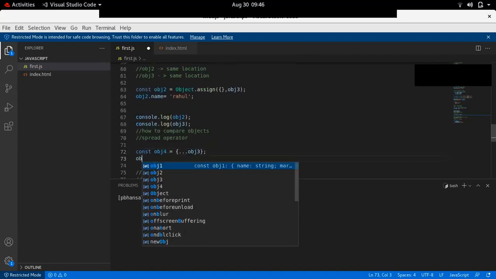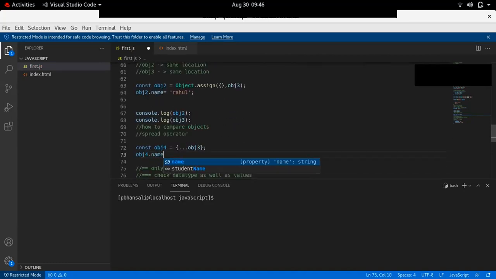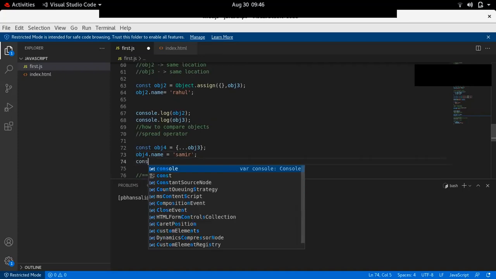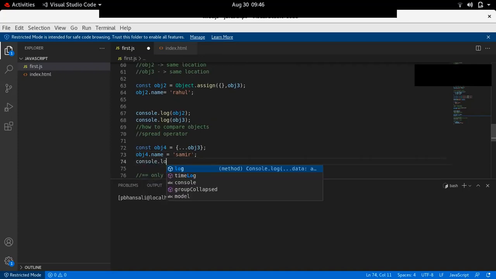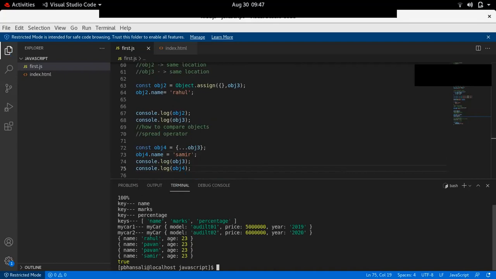So if I change obj4.name equals Samir, and I try to print both object3 as well as object4, then you can see object4 is Samir, but object3 is still Pawan.